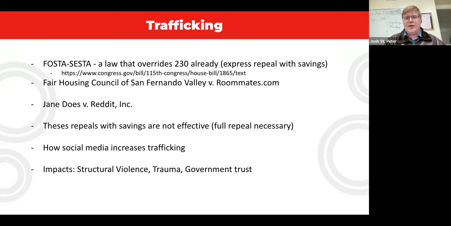So there are a few different court cases on Section 230 that have been super influential, but have actually made it possibly easier, and have ruled that Section 230 makes finding companies liable for trafficking really hard, and even means that the FOSTA-SESTA Act has failed. The first court case I'm going to talk about is before FOSTA-SESTA. It was Fair Housing Council of San Fernando Valley versus Roommates.com. It was not a Supreme Court case; it was the United States Court of Appeals for the Ninth Circuit.